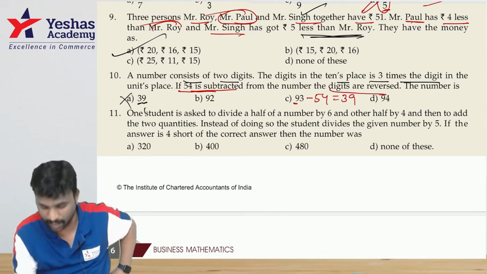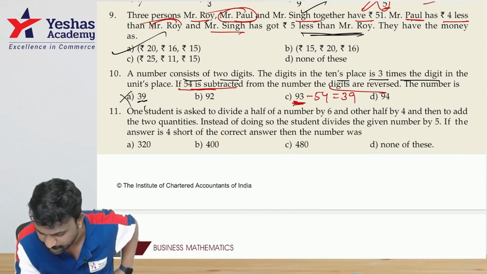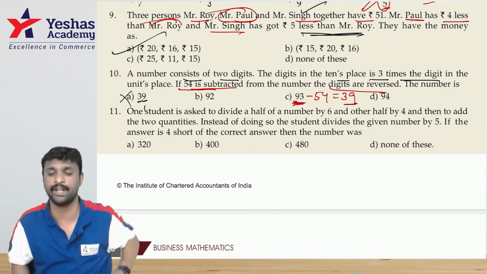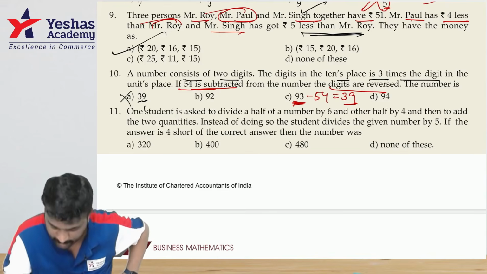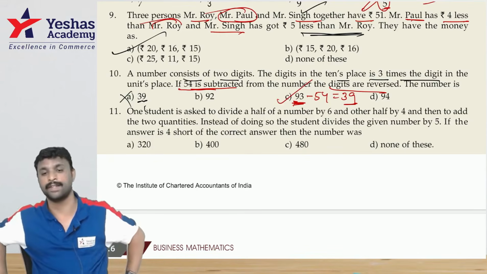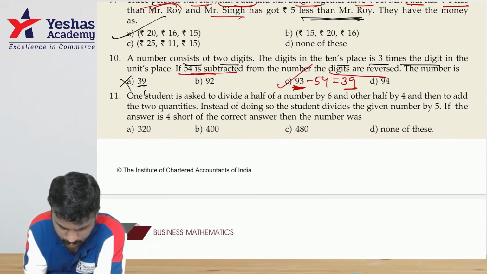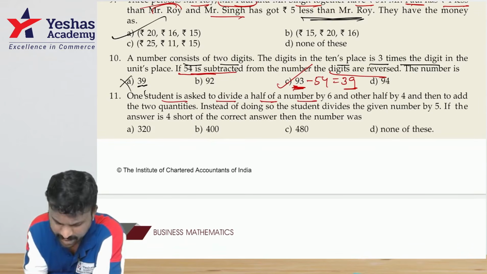Digits get reversed. The original number is 93 and the resulting number is 39. 93 and 39, definitely the digits have got reversed. So option C is the right answer. Have you all understood? As the next question, one student is asked to divide the half of a number by